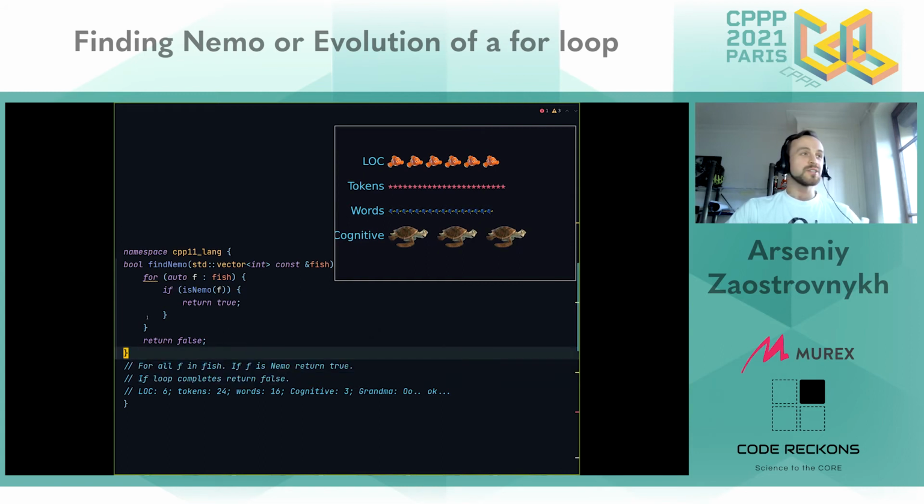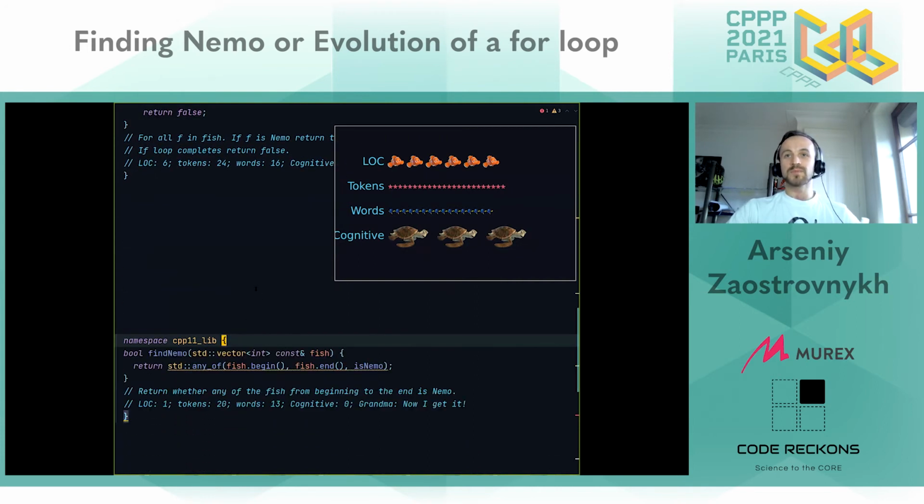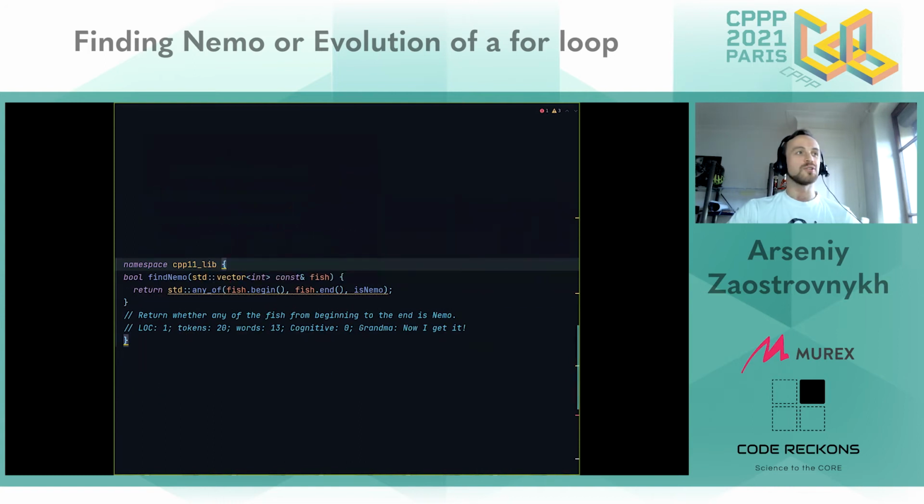Unfortunately, at this point, the evolution of the language is complete with respect to this loop. There is no other construct added to C++ that would simplify this. But it doesn't stop there, because the library also improved. If we use the library, particularly std::any_of, we can reduce all this into just one line.